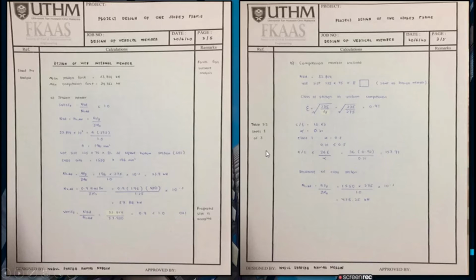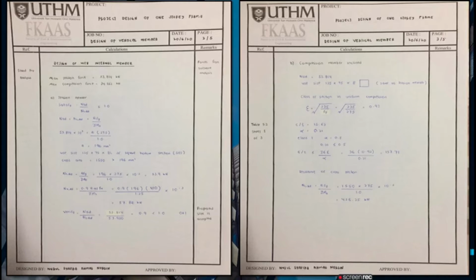From Table 5.2 sheet 1 of 3, I get the value C over t is 15.63 and alpha is 0.21. So I get class 1, since 0.21 is lesser than 0.5. After that, use the formula C over t less than 36 epsilon over alpha, and the answer is